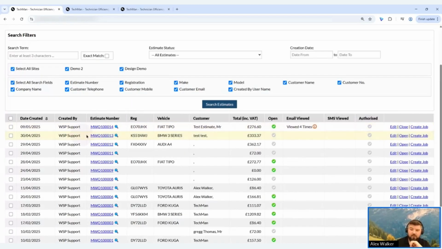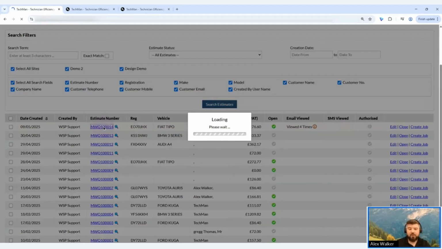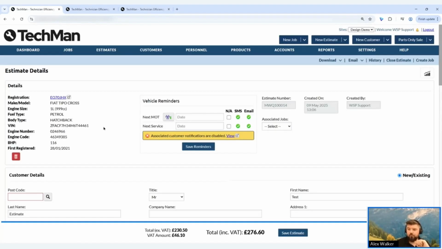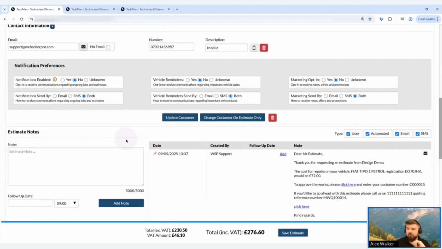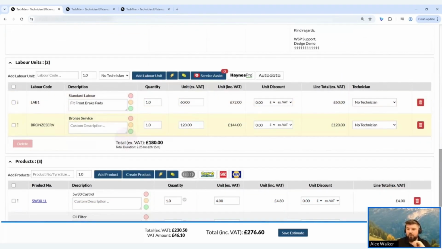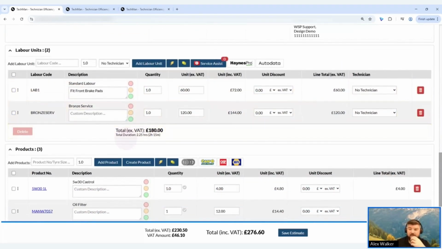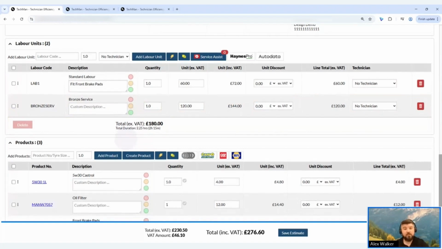So I'm going to click on the estimate number to fully open the estimate. So again, we've got the vehicle details, the customer details, and if we scroll down, then we've got the main focus of the estimate, which is the labor and parts, the suggested works we would like checking and approving. So within here, we've got a few labor lines. We have a standard labor line with a description of fit front brake pads. We've also got a bronze service labor line on here, both with some pricings already against them, so that's fine,